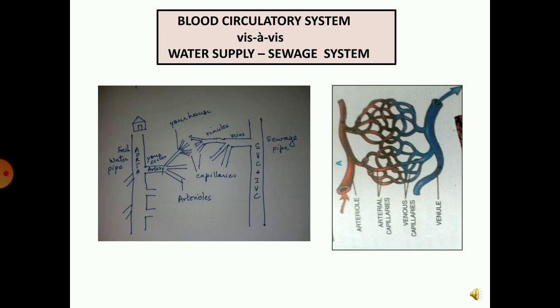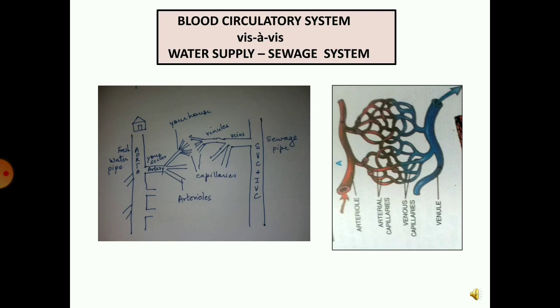This water is pumped via big pipelines into the city, from where it goes to every sector. In every sector, it goes to every society that is present there, and from the society, it comes to our houses. In our house also, it goes to every tap that is present in our house, and we use that water. After using that water, the rest of it is collected back via the sewage lines, and it goes from every house to the main pipeline, from where it is taken back to the water bodies after it has been filtered to be circulated once again.